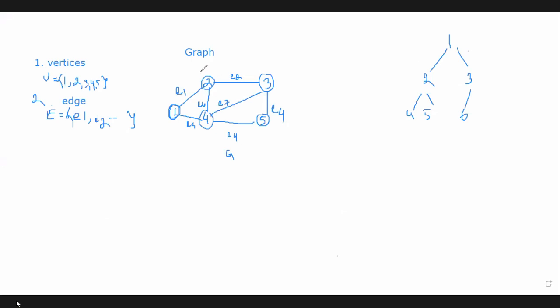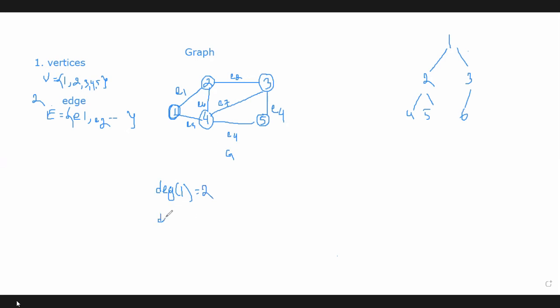So how can we find out the degree of these vertices in this graph G? The degree of a node is the number of edges containing that node. Suppose we want to find the degree of 1. Now we have to find out how many edges contain that node 1. Very good, 2, because 1 is connected with only 2 and 4. There are only 2 edges, E1 and E3, which contain node 1. So the degree of 1 is 2.